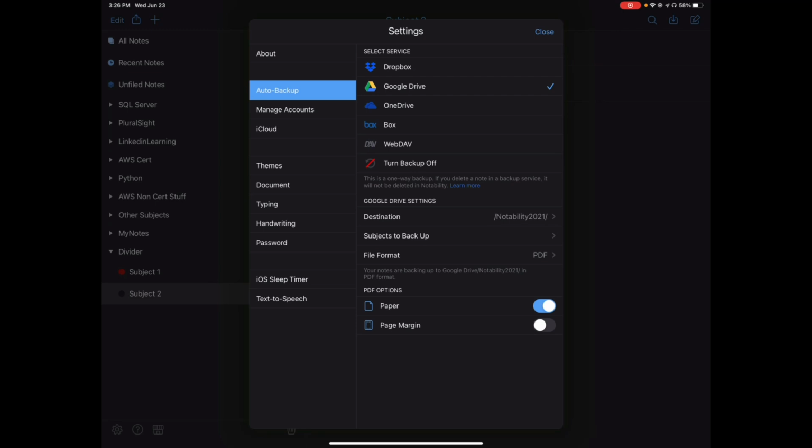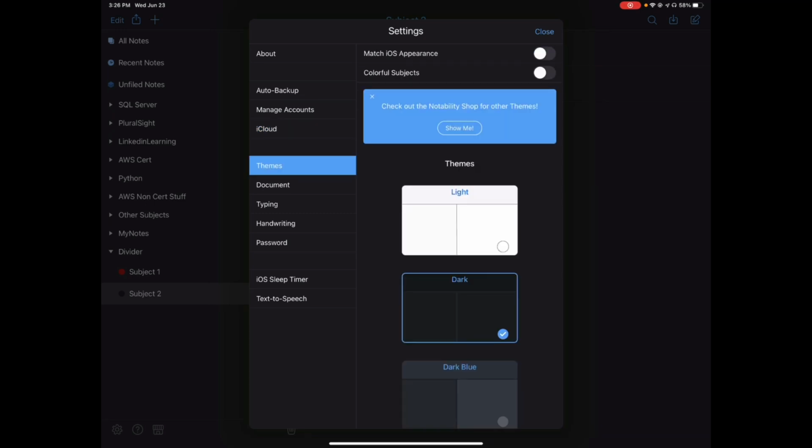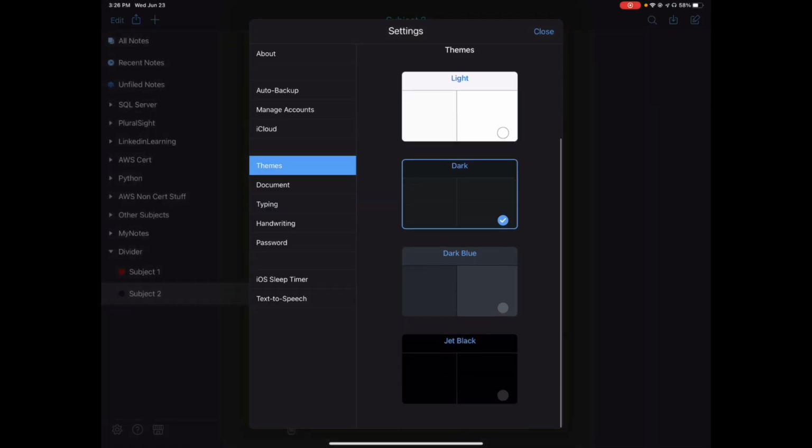Then some of the other options they have is iCloud. You always want to sync your notes so that you can save your notes on your Mac or iPad and have them sync automatically. It doesn't take up a lot of space. It's just used for metadata of the notes to update the notes. Then there are some themes. I like the dark theme more, but there is light and some other themes right out of the box available